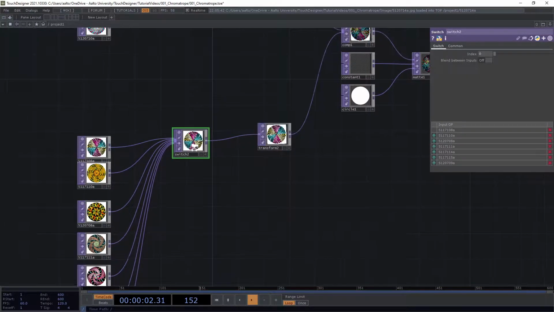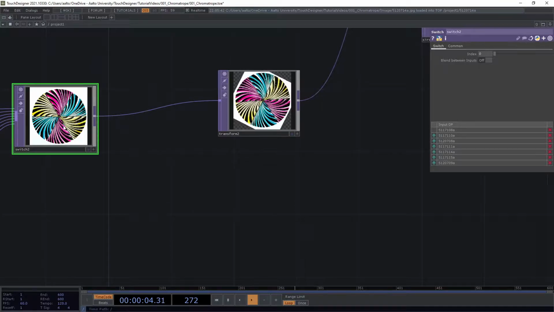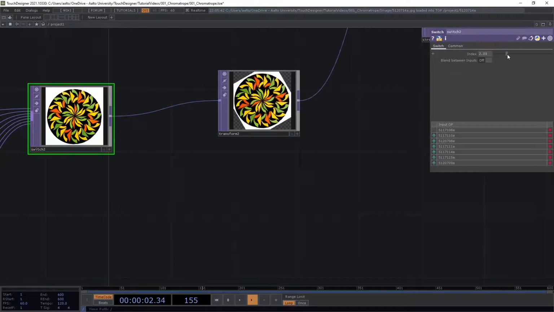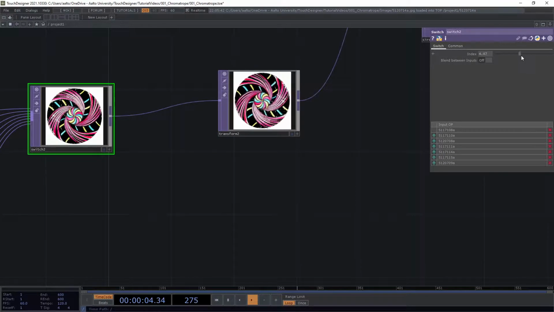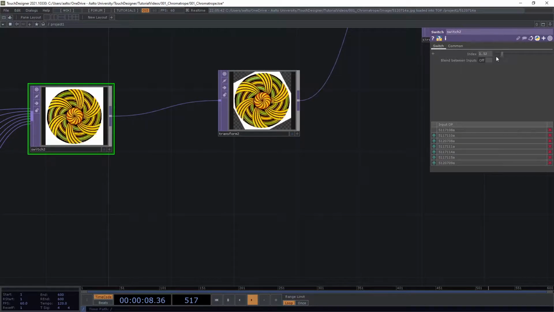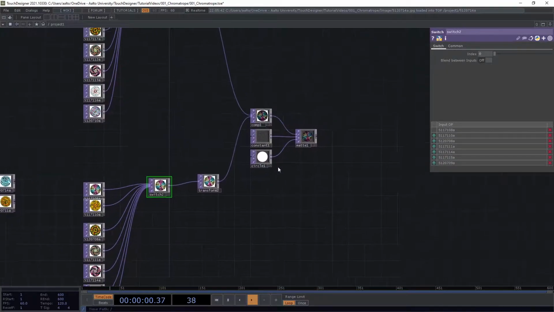And if I check the switch, if I try it out, I select the switch operator and I zoom into the transform so I can see what I'm doing. I'll scroll this value 0, 1, 2, 3, 4, 5, 6. Seems to work, but it only works